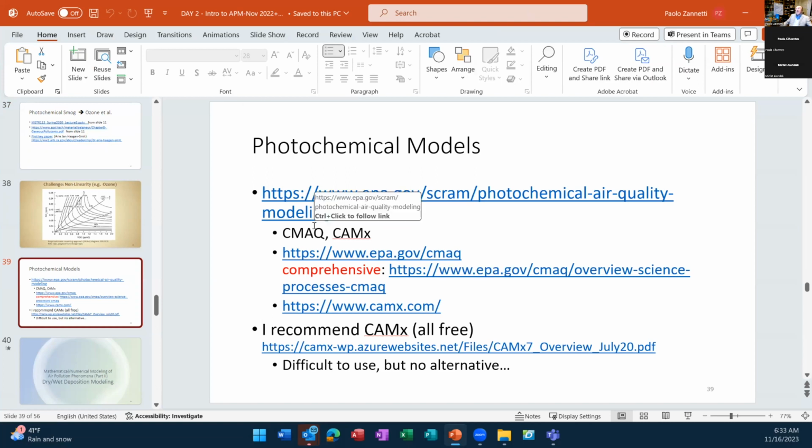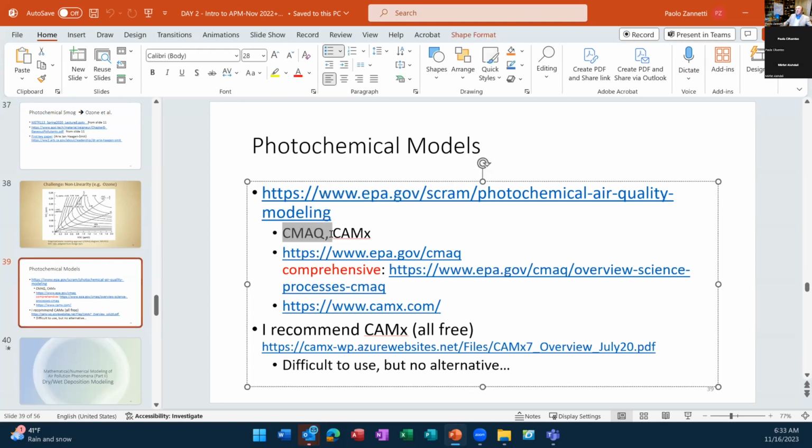There is the CMAQ software developed by the EPA, so free of charge, fully documented, fully tested, and